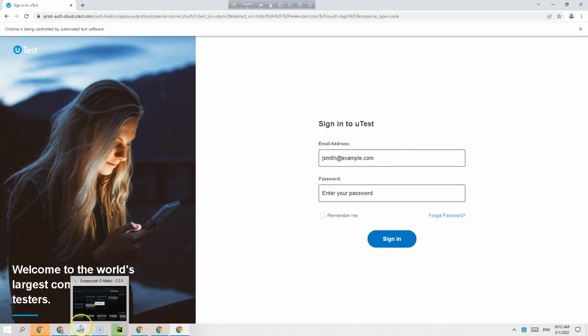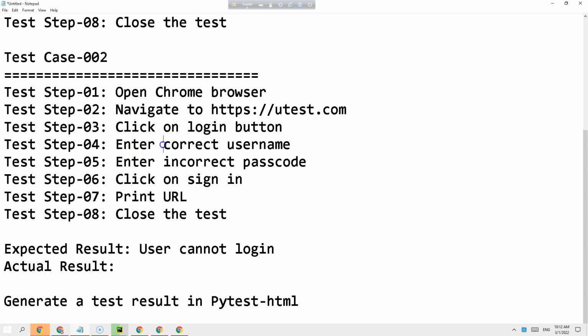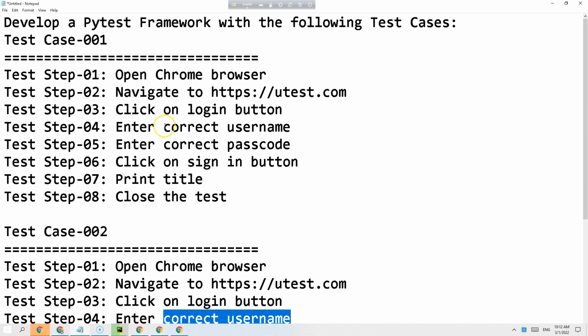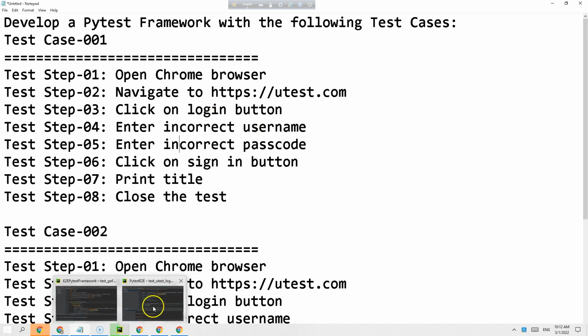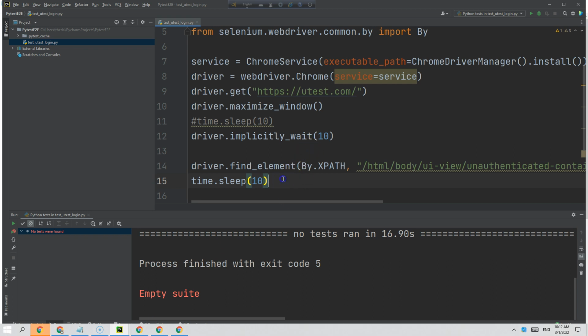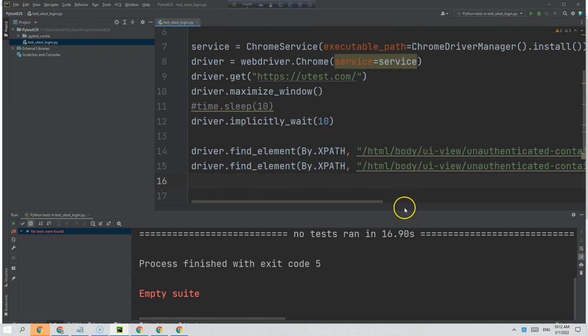Now the next test step is enter incorrect username. I don't want to show the correct username. Okay, incorrect username, and actually we can copy. To save our time I just copy, and